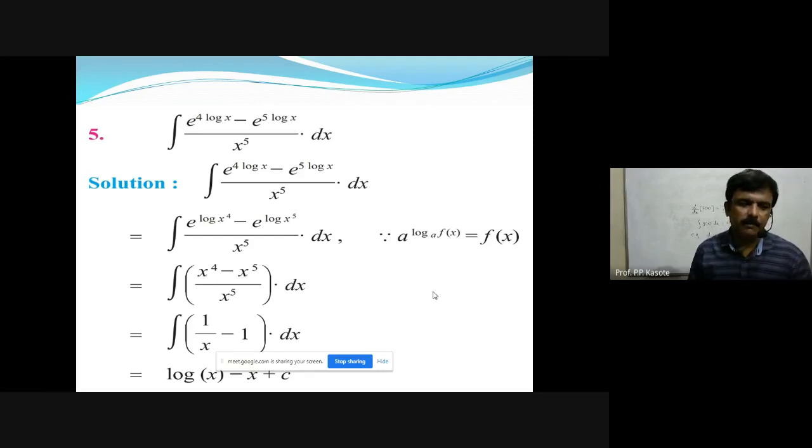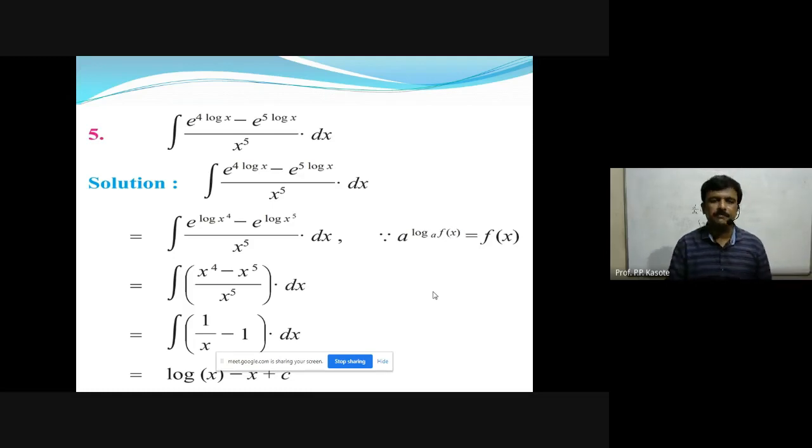Now see example number 5. Example number 5 is about a composite function. You can see the exponential function, the logarithmic function, and the power function over there. It is a combination of 3 or maybe more than 3 functions. At first we find it very difficult. At first we see the function very complicated. We feel like we cannot find the integral of this function, we cannot simplify it.